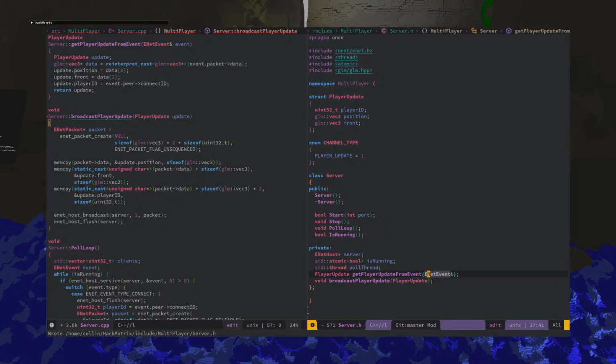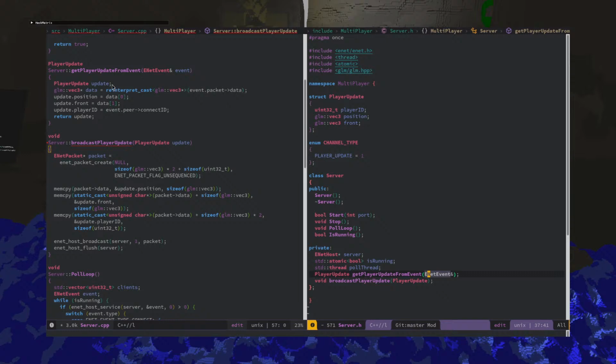Like, do I mem copy out of the, I do a reinterpret cast. I think doing packet data, I think that should work.